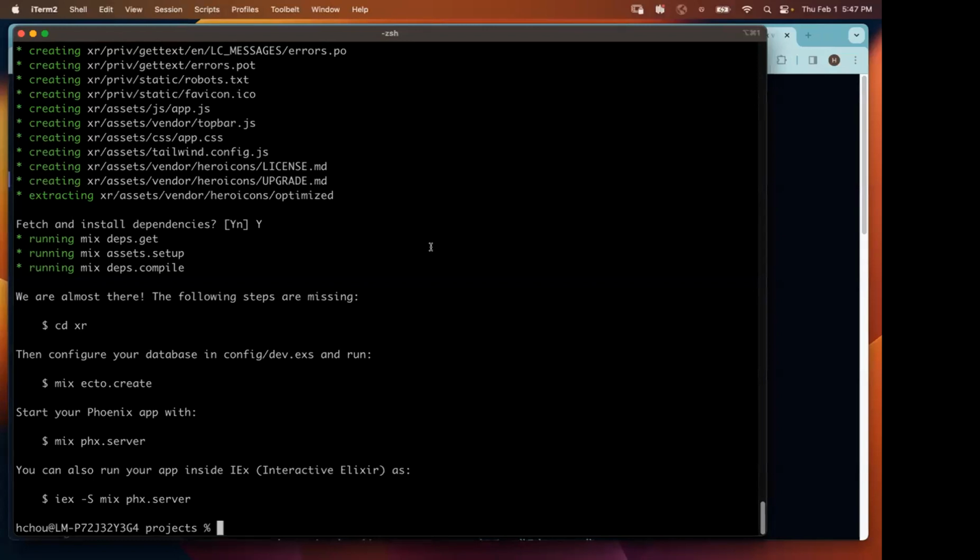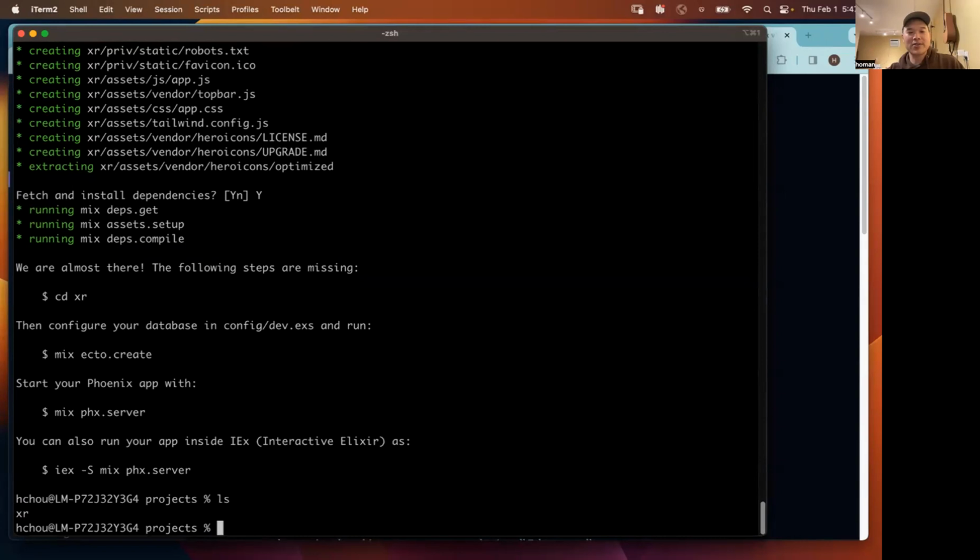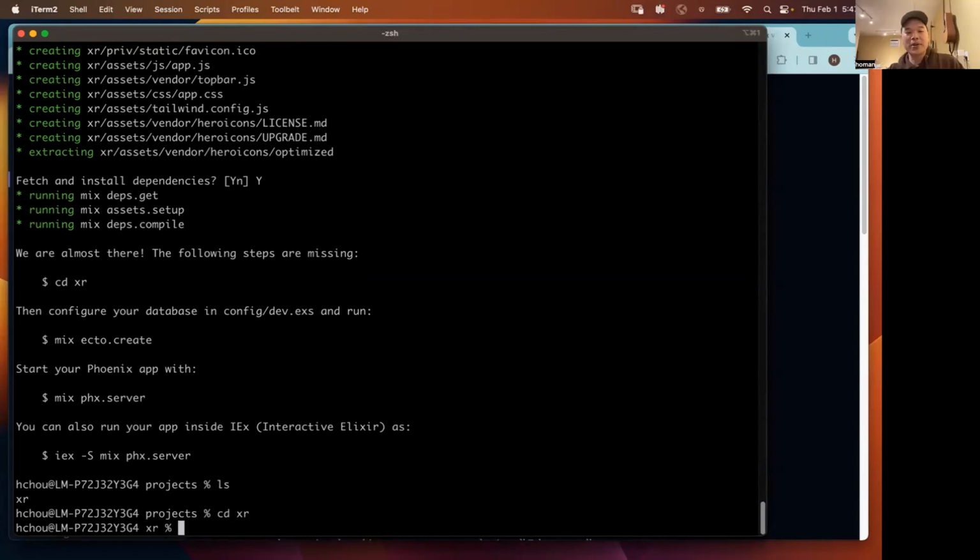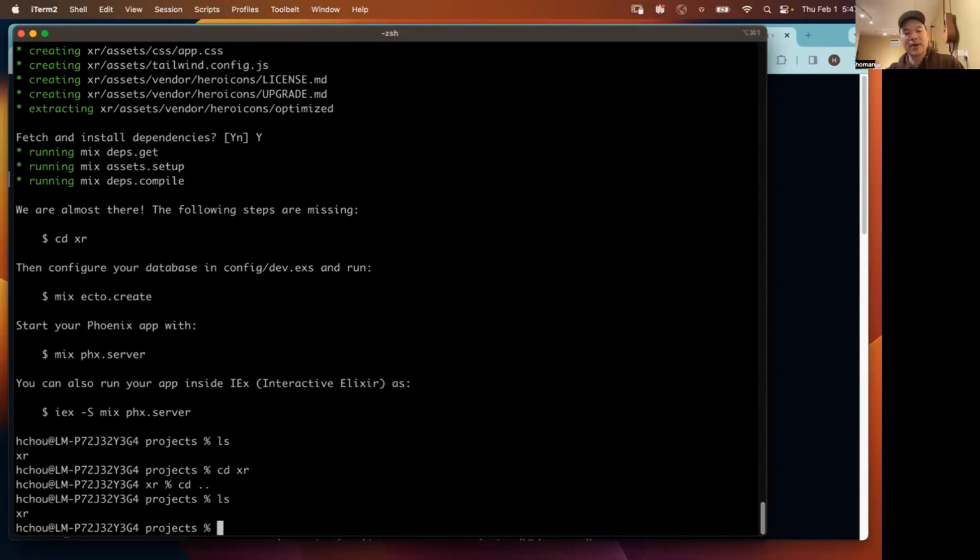The way I open it, if I'm in projects, I go ls, then cd into the directory. The way I open up VS Code is I just do code here. By the way, a single dot means this current folder. Two dots means my parent folder. So if I do cd dot dot, then I'm up in